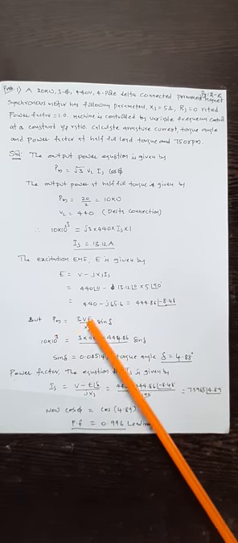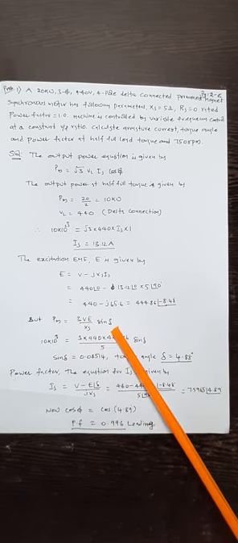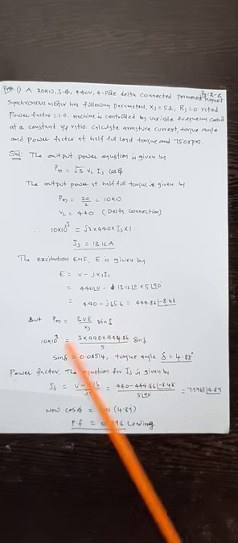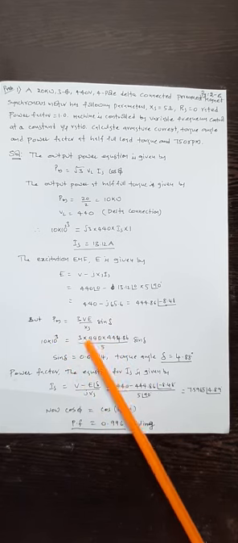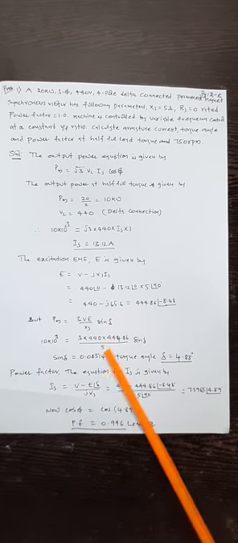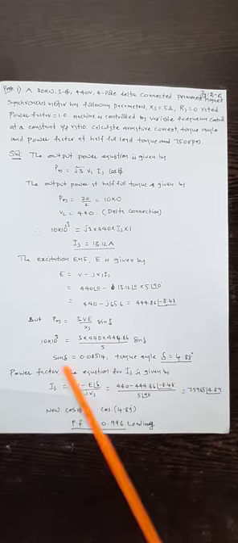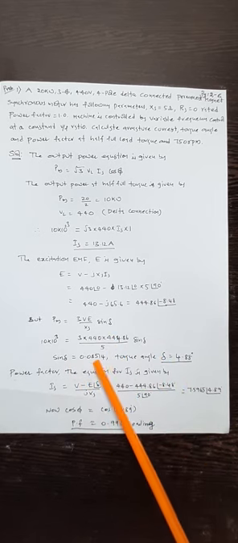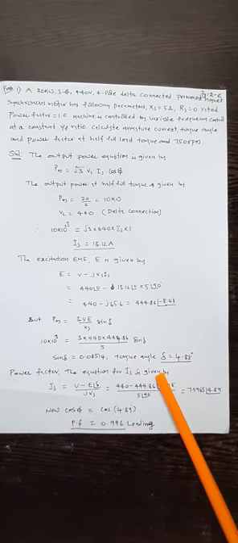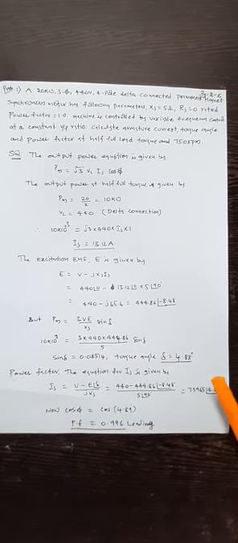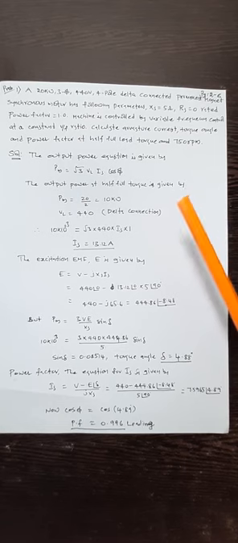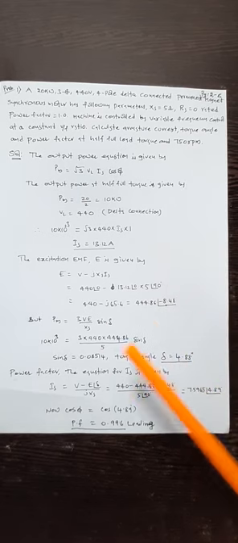But Pm is equal to 3 V E by Xs sin delta. Here delta is the power angle. Substitute all the parameters: Pm, 3 V and E by Xs sin delta, and calculate the sin delta. Sin delta is equal to 0.08514 and torque angle delta is equal to 4.88 degrees. And the last parameter, which is the power factor.